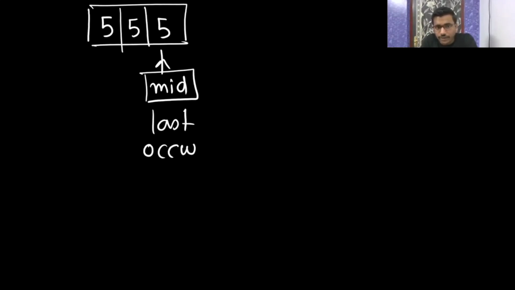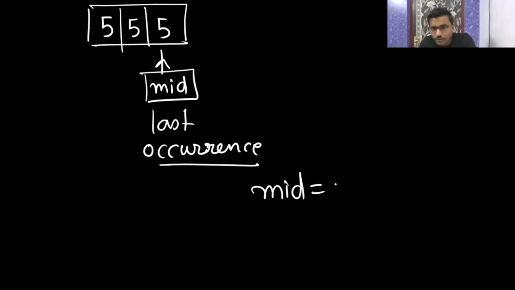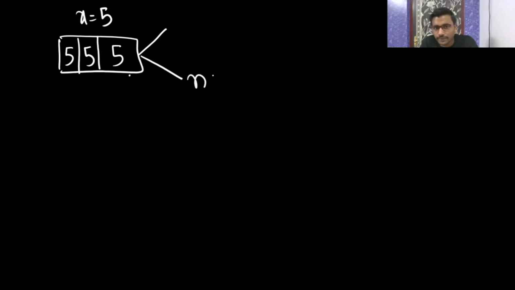And if it is the last occurrence, then how can you check that it is the last occurrence? Mid is the index only. Mid should be equal to your n minus 1. Only then you can say that after that there is no other element. Is it clear, Madhura? So there are two cases. If it is the last occurrence of some element, x is your 5 that you are searching, then after x there should be some element, or there should not be any element. If there is no element, then mid should be equal to your n minus 1.